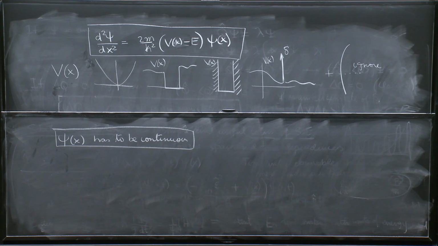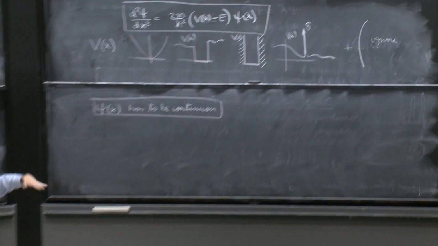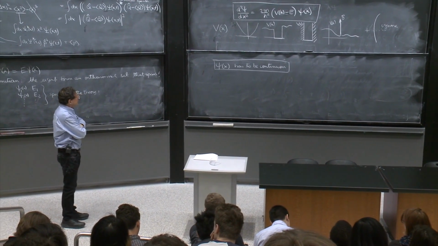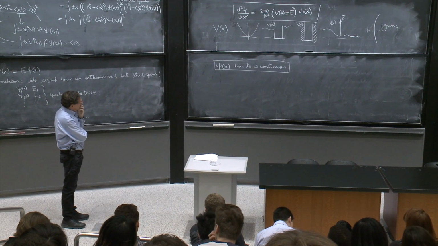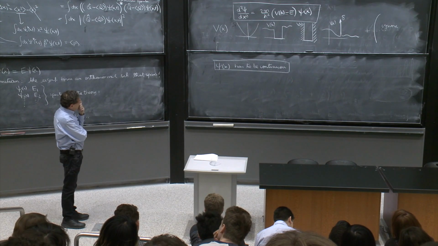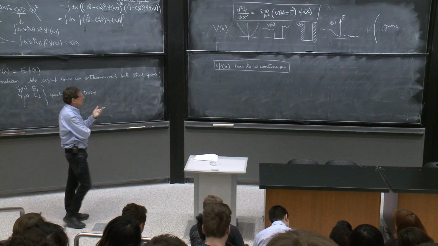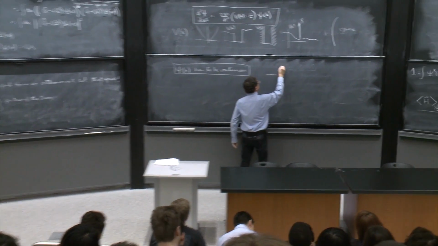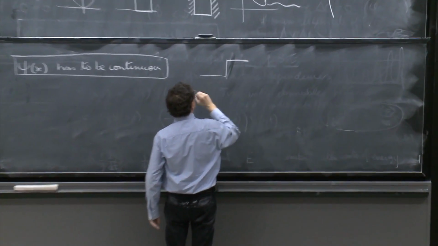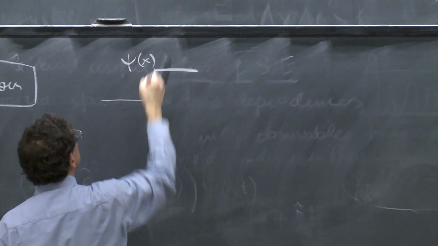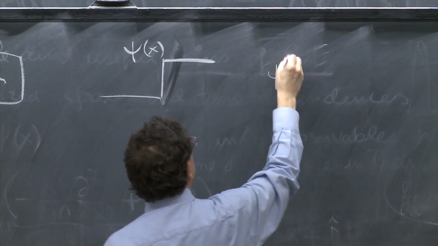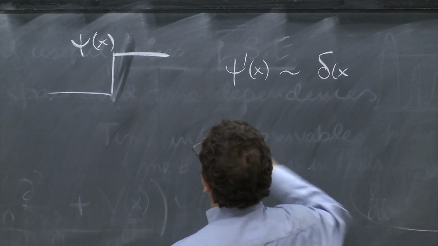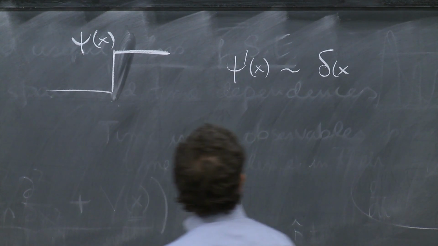The wave function can move along but cannot jump. And the reason is the differential equation. Look, if psi of x was not continuous, if psi of x just had a discontinuity,